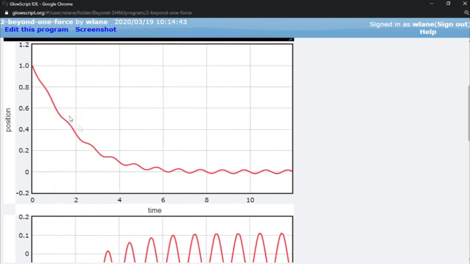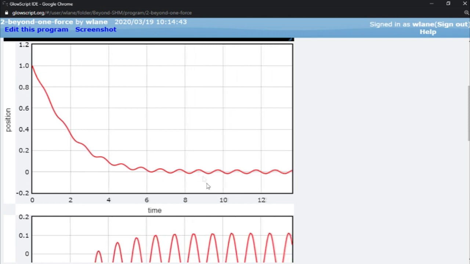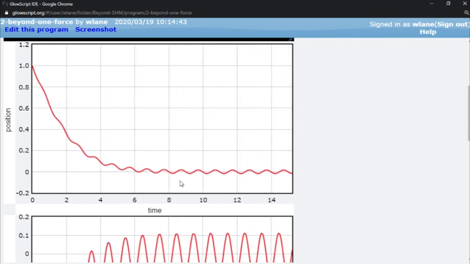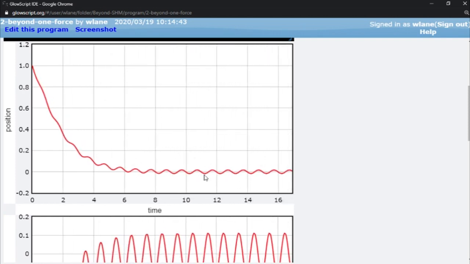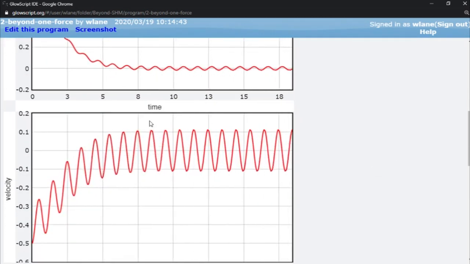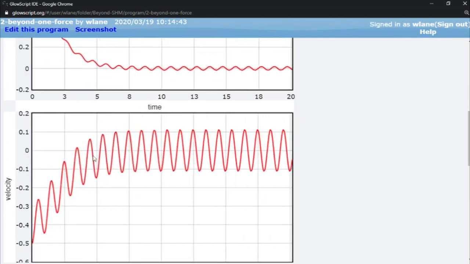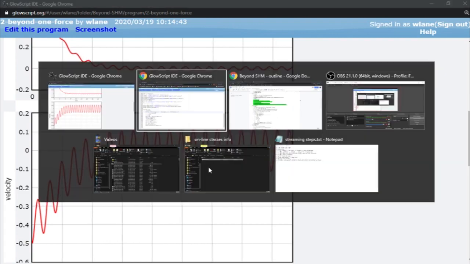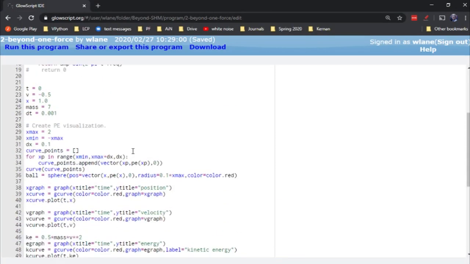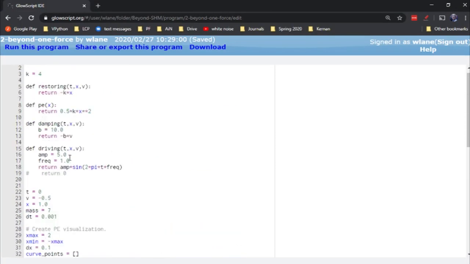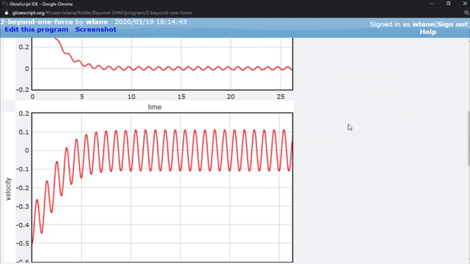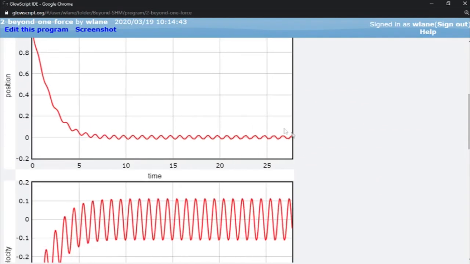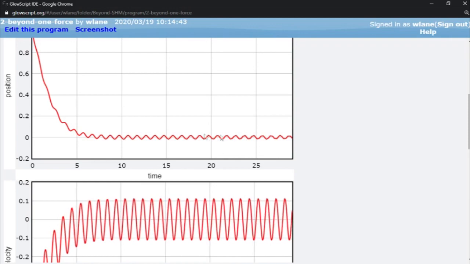So even though I've got this exponential decay here, I've still got the driving force. And eventually it's the driving force that wins. So I'm able to get the driving force results out here. Same thing here. I'm able to get the driving force. I don't have nearly the amplitude that I had before, right? I've only got the amplitude that I set up here, right? So I gave this an amplitude of 5. And I'm getting, well, I'm not getting amplitude 5, right? It's being modulated by, or affected by the